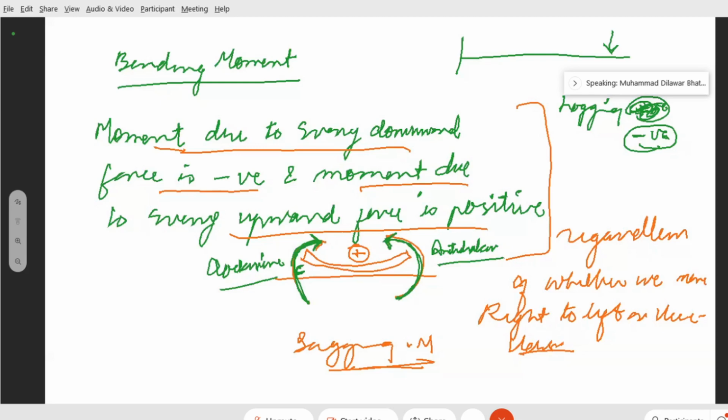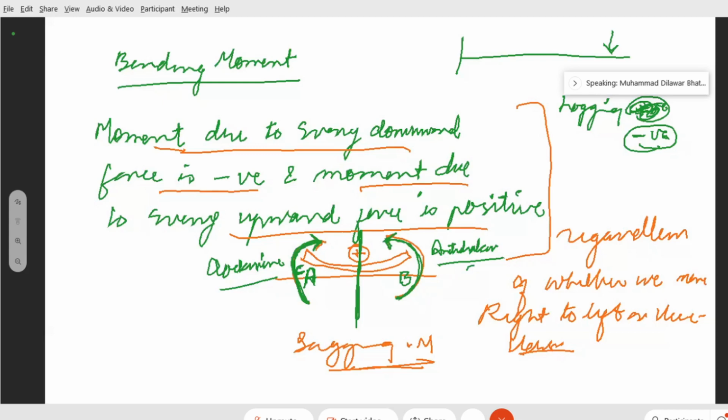But now, let's say this is a simple beam. When I was looking at point A and the extreme end as point B, while calculating the moment at point A, I said that positive is clockwise and negative will be anti-clockwise. But when I move to the other end, I said the things are vice versa. The things are completely opposite now. That is why, in either of the directions,